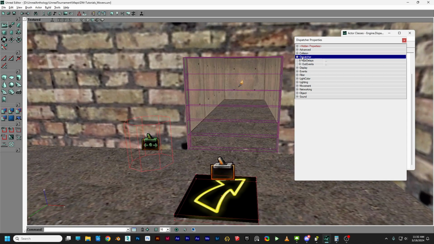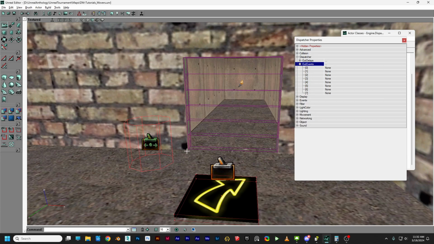How does it do that? Under the dispatcher, we have out delays, out events. The events are what it's calling. And the delays are, we can tell it we want it to call this one, and then we want it to pause for half a second, call this one, and so on. So now the only choice you have here is, do you want to start at the bottom? Do you want to start at the top? Let's just do it